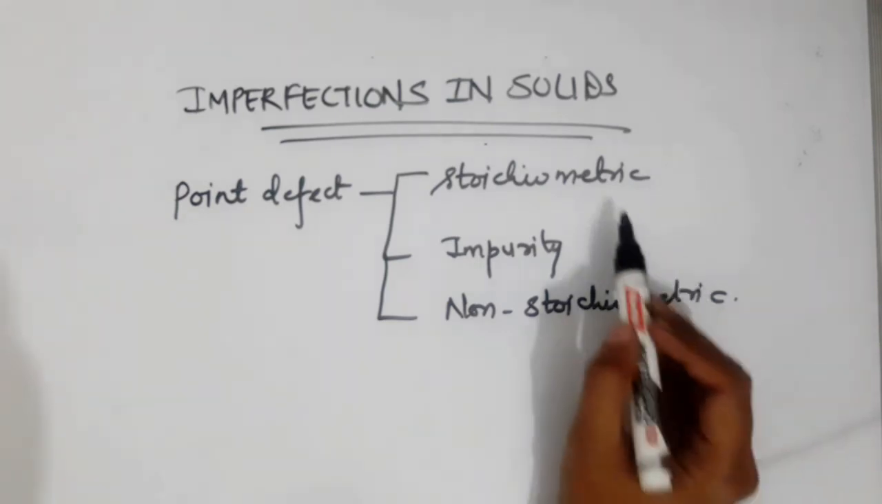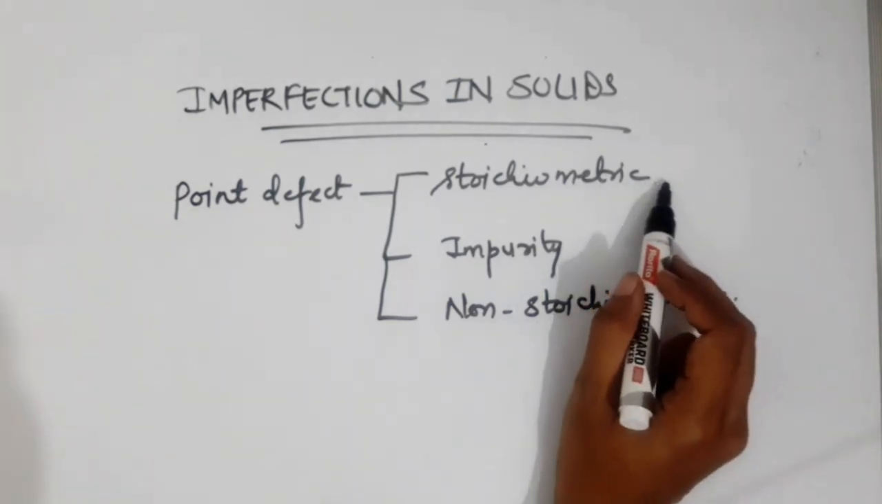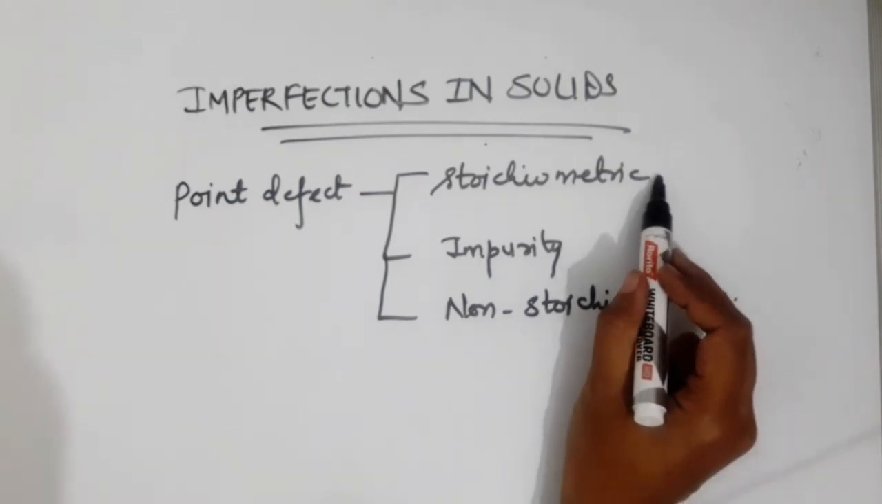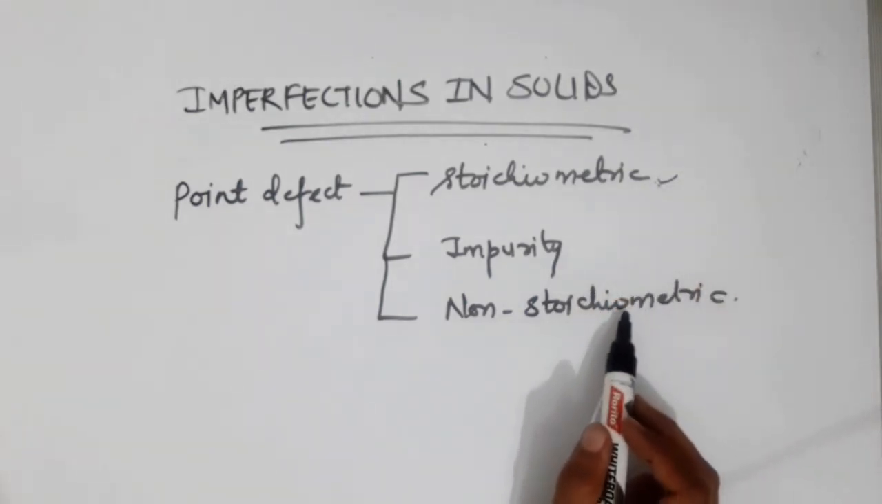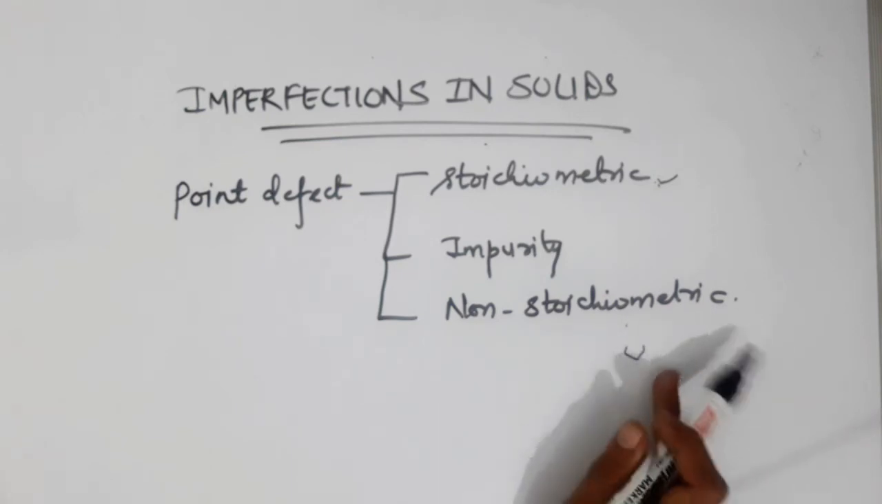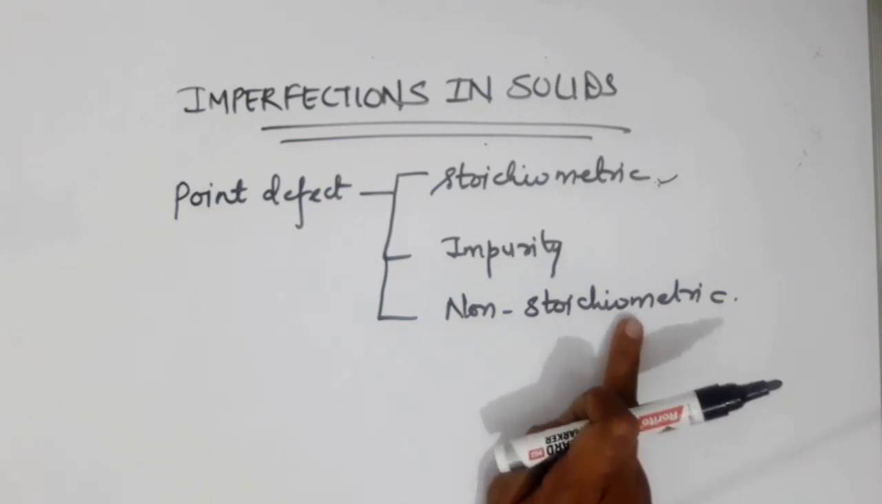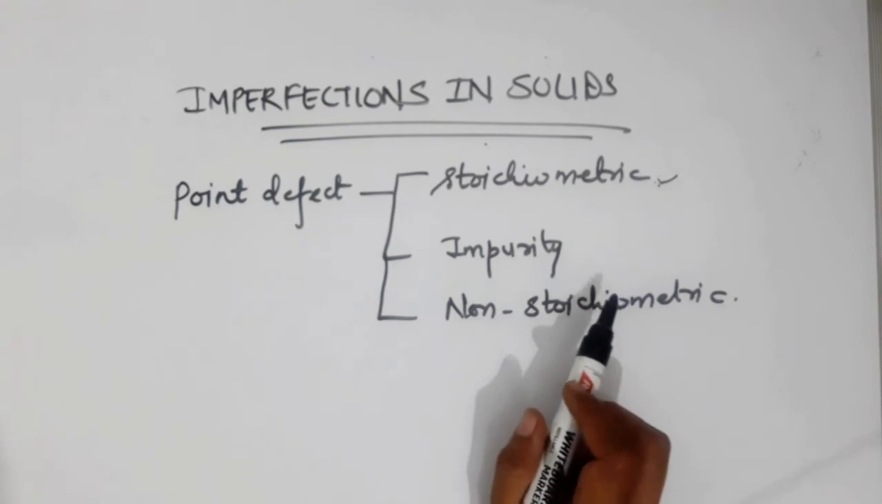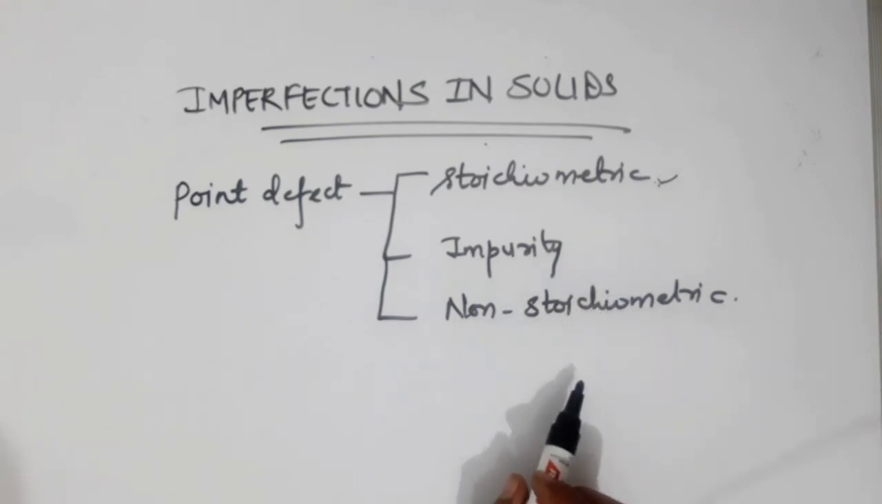Now if the number of positive and negative ions present in a crystal is maintained, that is if the neutrality in charge is maintained, then you will have stoichiometric defect. If the neutrality, that is number of cations and anions, is disturbed, then you will have non-stoichiometric defect. And for impurity, if you add a foreign material into that crystal which results in the formation of defects, then it is known as impurity defects. Studying all this in detail,